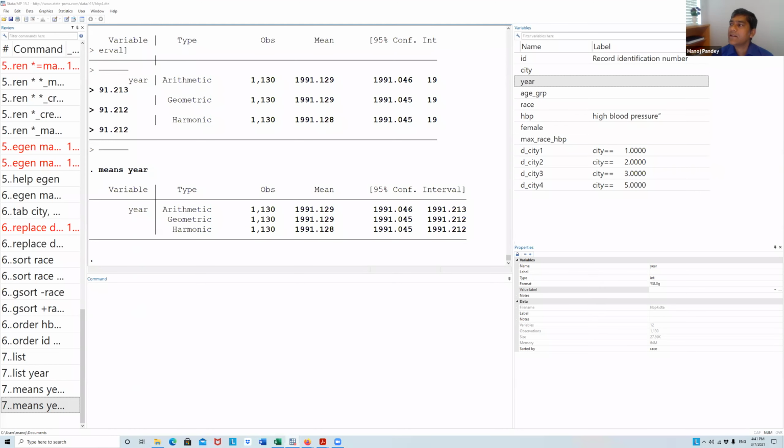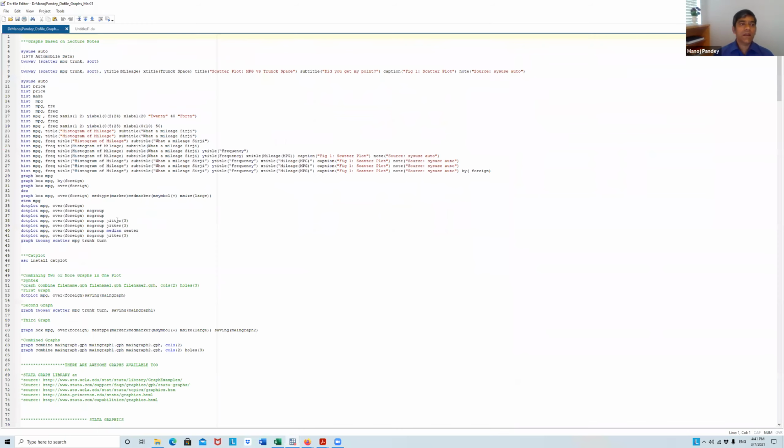Graph is done, but then I want to show you something which you will be using, and you will like it. I have created a do file which can help you in making graphs. Yesterday we saw some of the graphs.